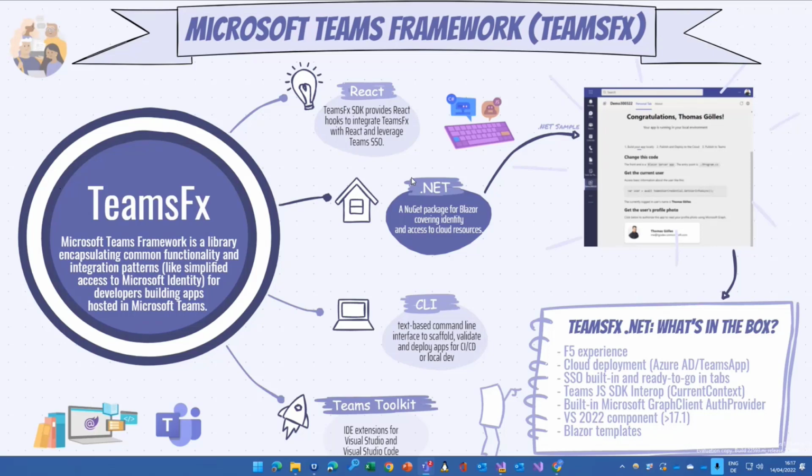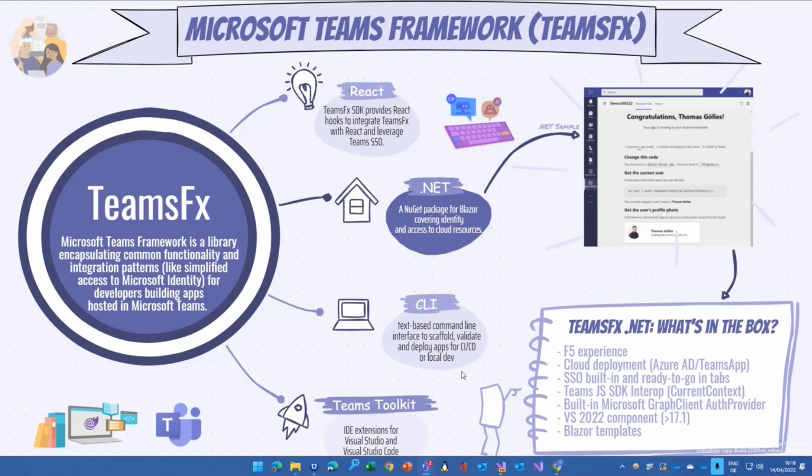And the architecture of the Teams framework is that there is a CLI in place, where currently the team is working on making one CLI to be able to use it on multiple platforms, on multiple technology stacks. So in React and in .NET, they are not there yet. As in general, just to keep that in reference, we're still talking about something that is in preview.